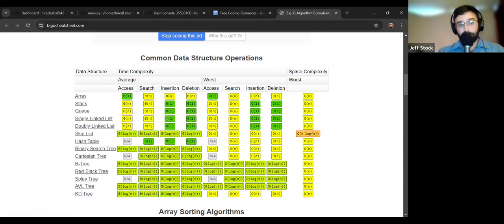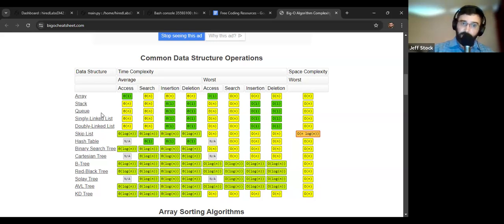The idea here is that when you're trying to solve a particular problem, depending on what it is you're trying to do, you might look at this and say, okay, cool. Well, I want to have a list of things where I want to add things to this list and take stuff out of the list a lot really fast. And you'll see that compared to stacks and queues, arrays are not as fast at insertion, right? In both the average and the worst scenarios. So maybe you want to look at a stack or a queue.